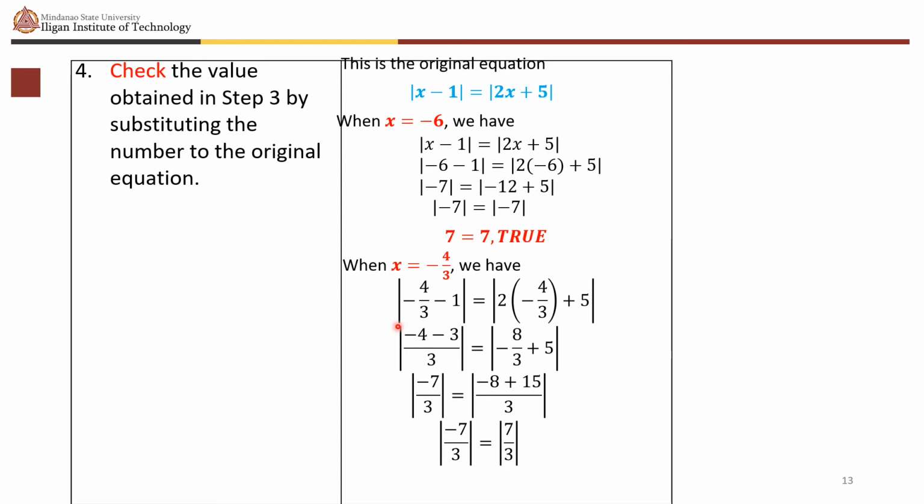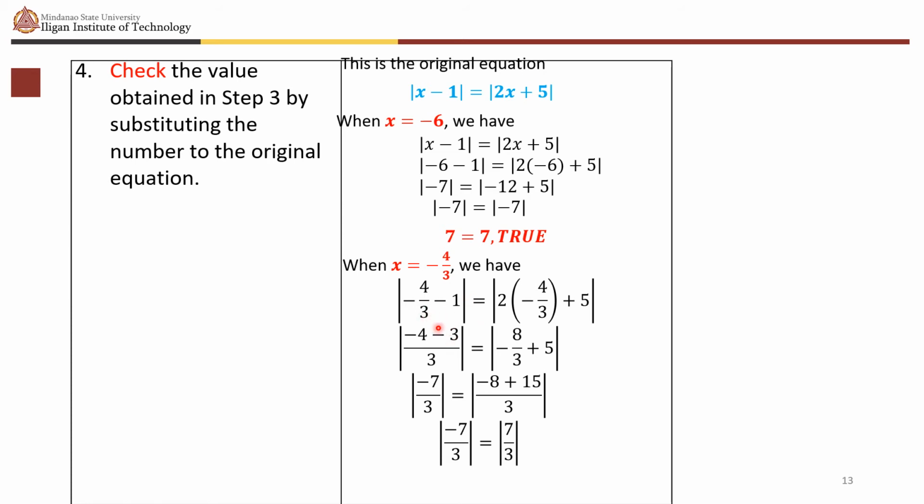That is the absolute value of negative 4/3 minus 1. So we replace our x here, this is our x here, with negative 4/3. And then replace again our x here with negative 4/3. So we have 2 times negative 4/3 plus 5, its absolute value, which will give us the LCD for this